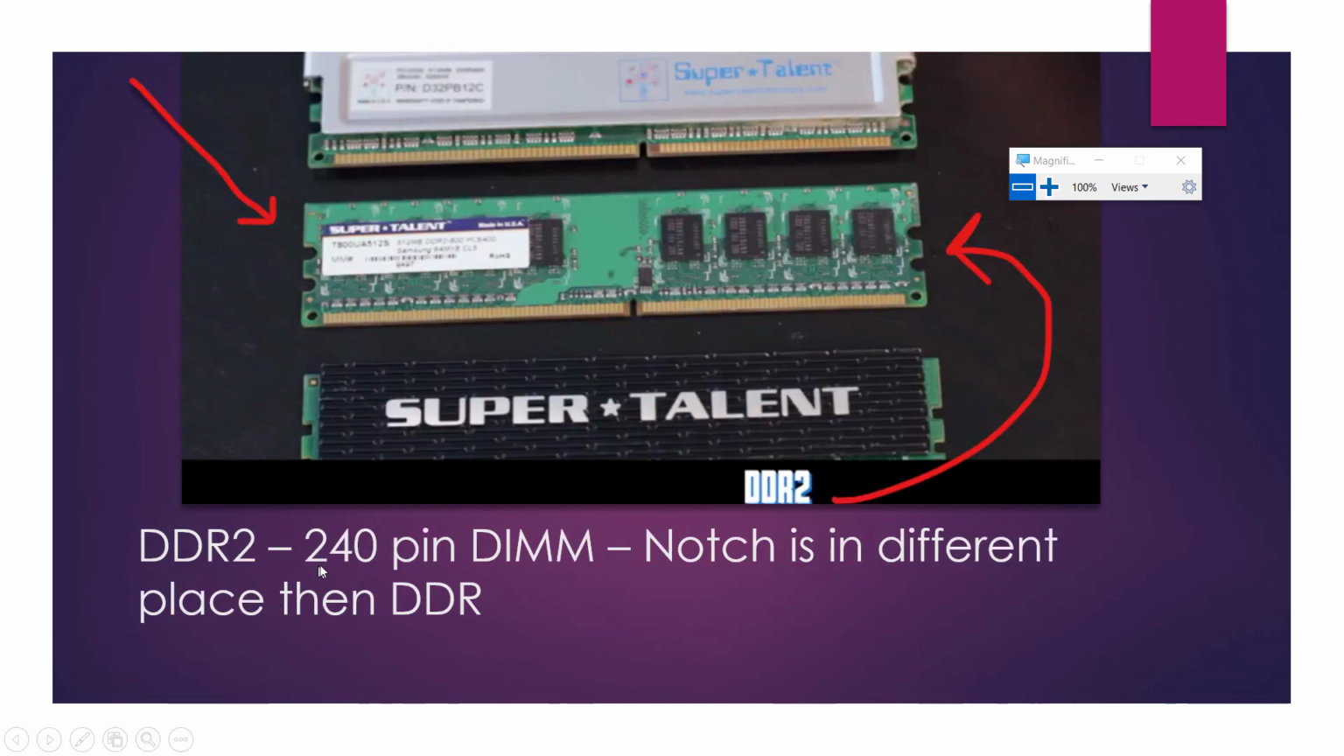Now DDR2 240 pin, that's the standard now, and you would see here the notch is in a different place than the DDR. So the cut here was there in the previous RAM, and now it is here, and that is DDR2. So this RAM, which is not being used right now, I think it's fried already. So the thing is that the cut is here. This means it's a DDR2 RAM. It has 240 pin right now. It's a DIMM because